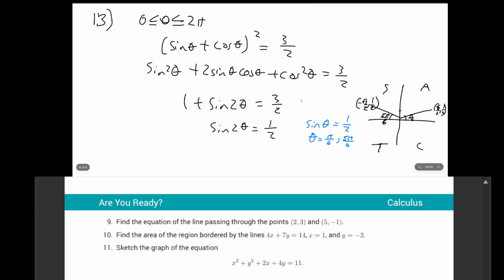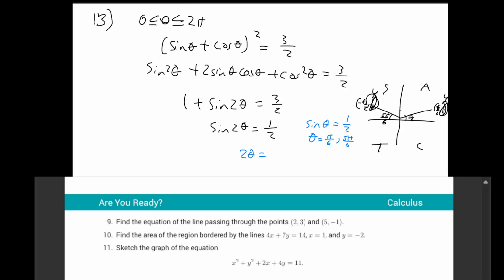Okay, anyway, this sine is the y on the unit circle, so 1/2. We pretended that sine of theta equaled 1/2, but now since it's 2 theta, what do we do? Well, we put 2 theta equals 2 pi over 6, comma 5 pi over 6. Actually, you know what I'm going to do here, because it may make it a little easier,